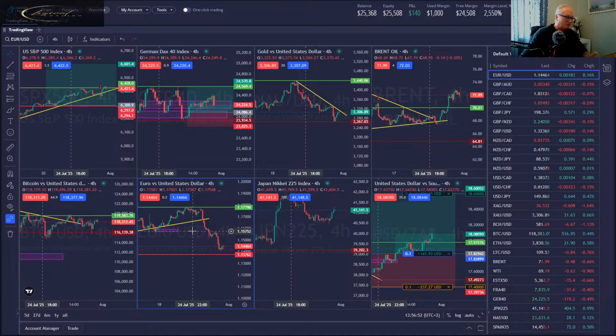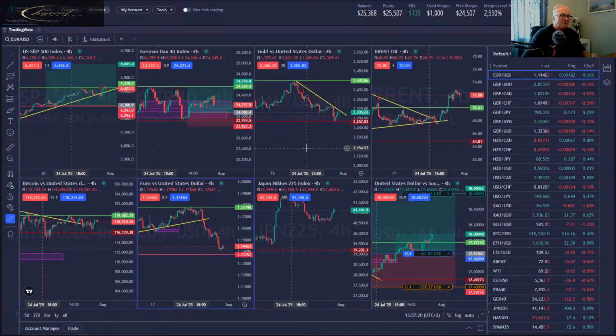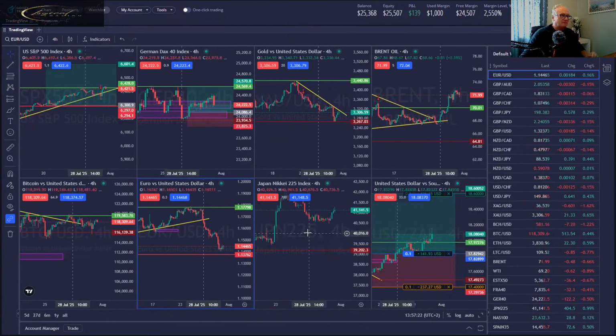And if you look at the euro US dollar and what's happening here as well, it has broken to the downside, but it is in that level, that range. If it breaks below that red support level down there, then it's broken past the lows, and it could be quite tricky. It could go quite far. But as it stands at the moment, it will probably bounce off here and go back up the way things are in the market. So I don't see too much of a problem there. But if it goes far, it goes far. The Nikkei